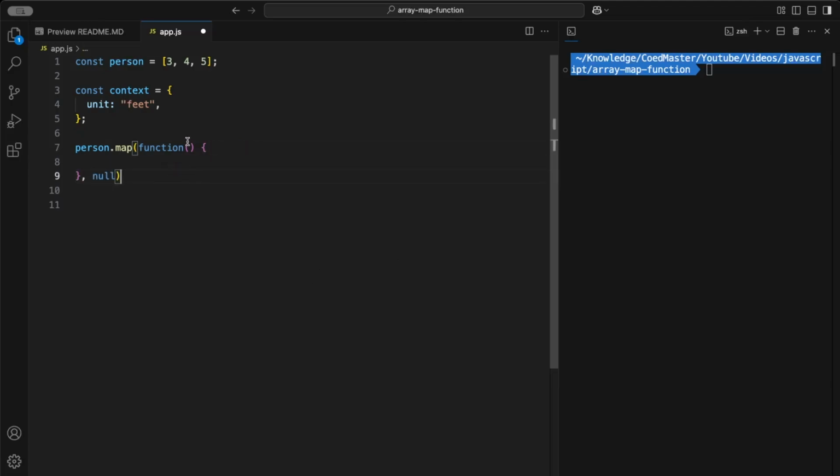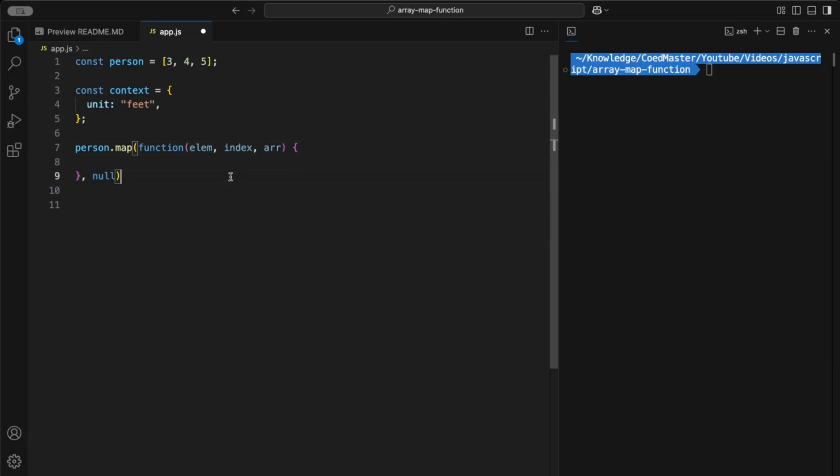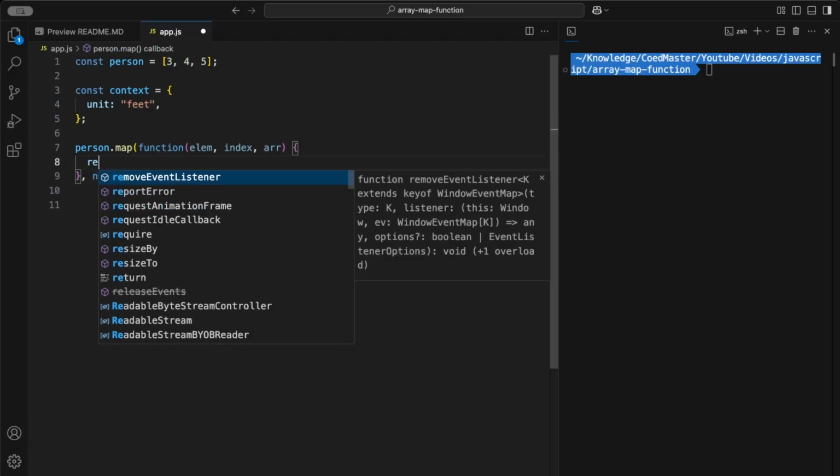Now this callback function accepts 3 parameters. One is the element of the array on which the map function is iterating. Second parameter is going to be the index, and the third parameter is the array itself. So let's call it ARR. Great. Now what we need to do here, as we have to map the existing element of the array to new element, we have to return something from this callback function. So here we can write return,